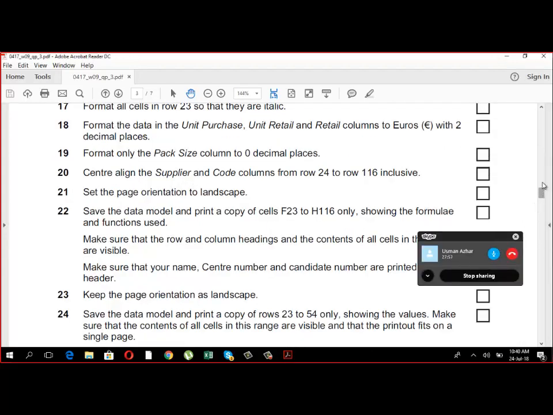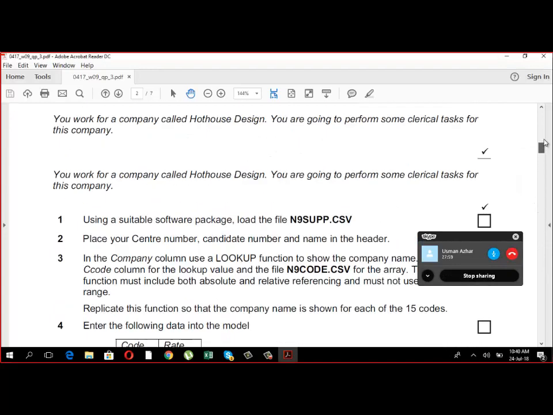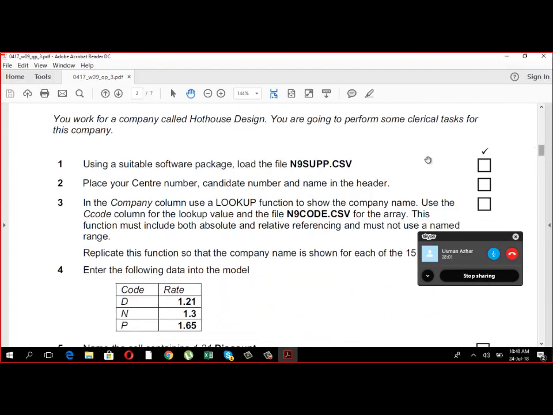Right? So we are also solving another bit. Okay, so let's start solving. Yes, I'm ready. Ready, Usman? Can you start? You work for a company called Hot House Design. You are going to perform some clerical tasks for this company. Using a suitable software package, load the file